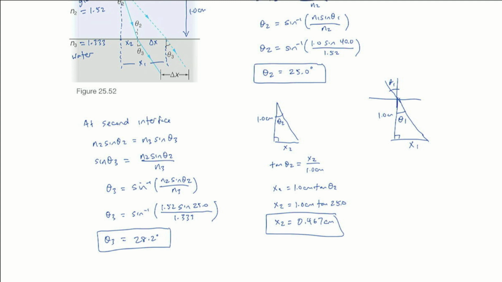Okay, so now the tangent of theta 1 is going to be the x1 over the 1 centimeter. So x1 is 1 centimeter times the tangent of theta 1. So x1 is the 1 centimeter times the tangent of the 40 degrees. x1 is 0.839